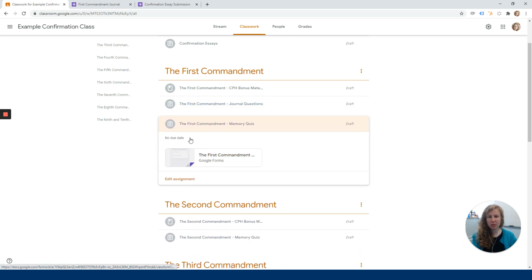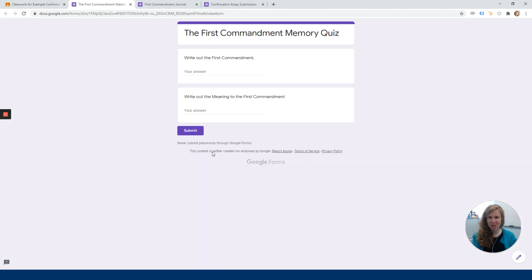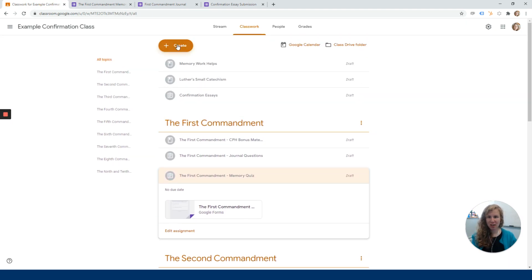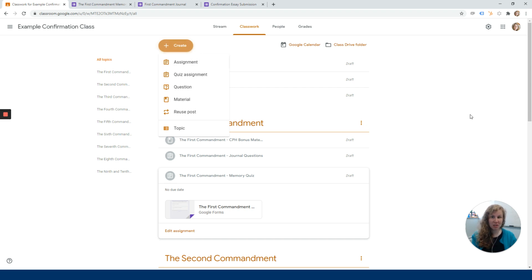And then you could also create your own quizzes and assignments in here. So I have an example. I know with my class, we often ask them to write out the commandments and meanings. I'm sure you do something very similar. They could do this all online, and then you could, again, spend your class time being more focused. You could do this a number of different ways. You can add different modules very easily. You just pick one of these, and you can add a link to a YouTube video, anything like that.